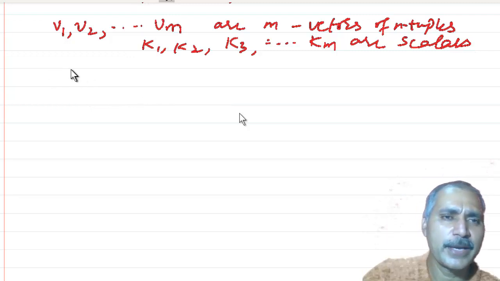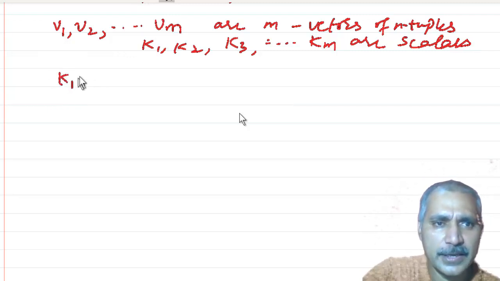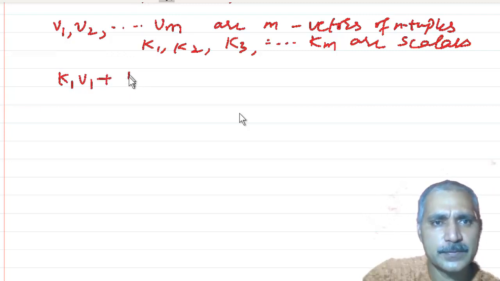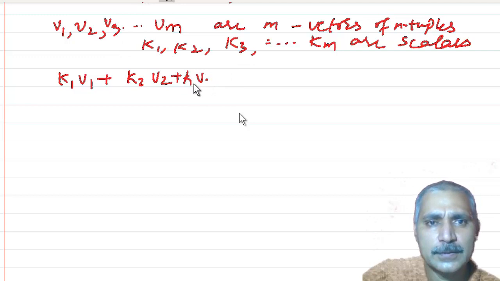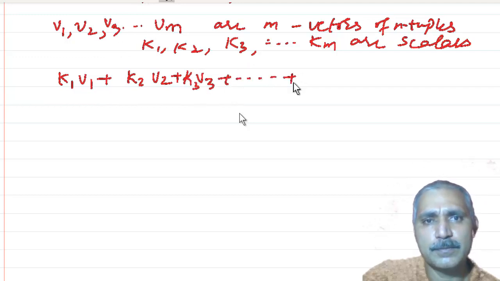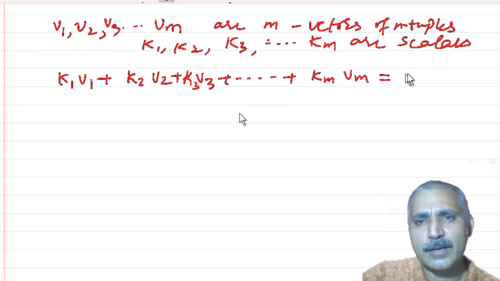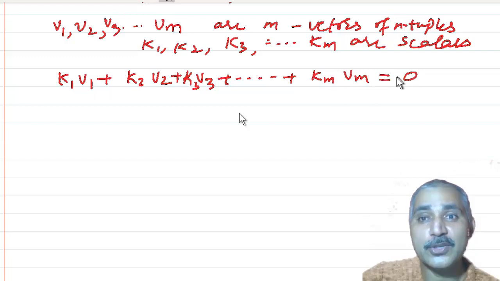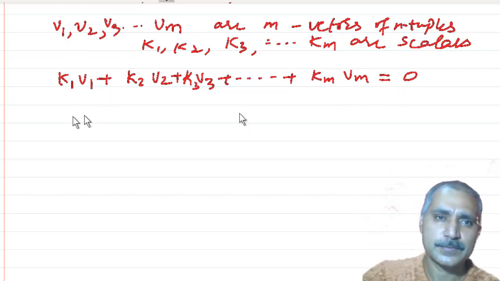Then we will be having one equation, that is a linear combination, that is k1 v1 plus k2 v2 plus, here we can have v3 also because we have written here k3, so k3 v3 plus and so on plus km vm, comparing that with a zero vector. Here the zero vector is also of n tuple,